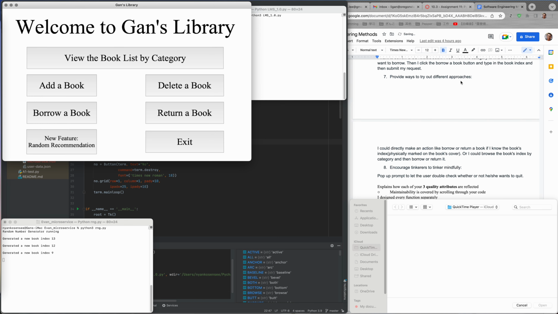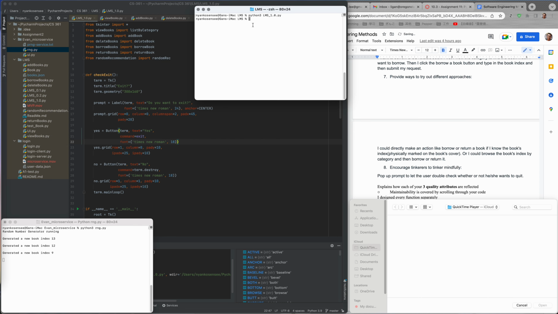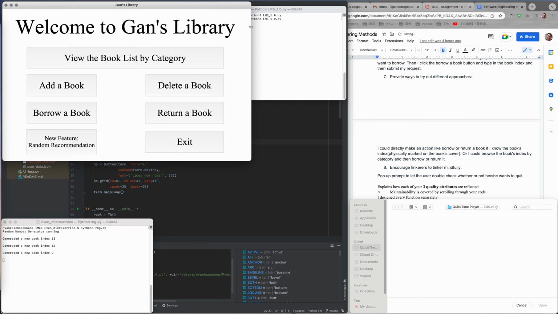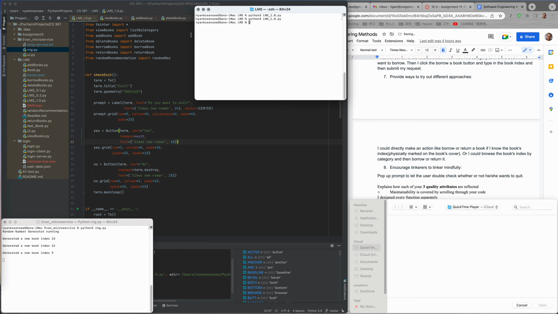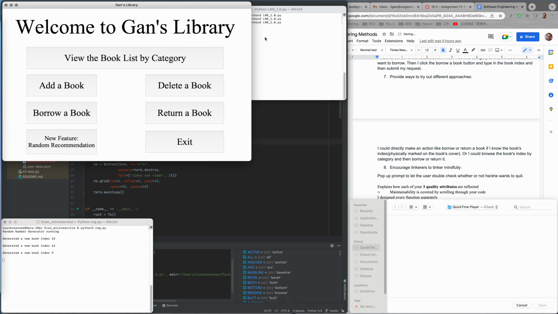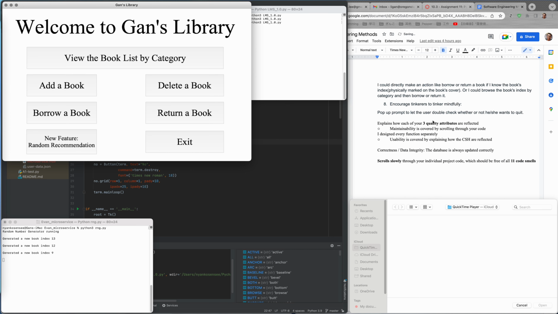Provide ways to try out different approaches. So let's say if I want to close it, I simply click the close. We can also do this. So you see those are different approaches, but they do the same thing. And finally, encourage people to think again and again. So we need them to double check. That's basically all the 8